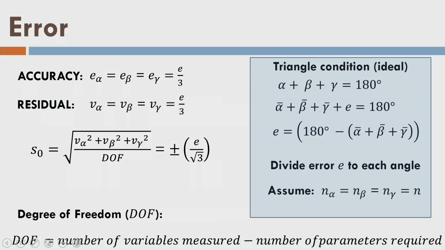Now, what we call the accuracy, E by 3 of each angle, we also call residual, and we write it with the help of V. V alpha is a residual to the alpha angle such that it is making it accurate. That means if I add alpha plus V alpha, whatever value comes, we call the adjusted value. So I can write here the adjusted value of alpha is nothing but alpha bar plus V alpha. Similarly, the adjusted value of beta is beta bar plus V beta. For gamma, the adjusted value here is gamma bar plus V gamma.